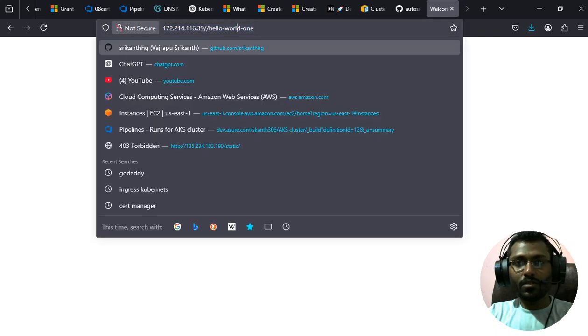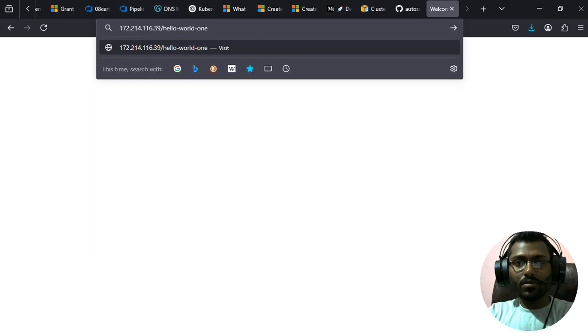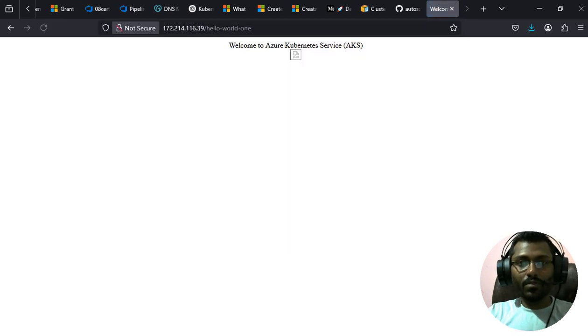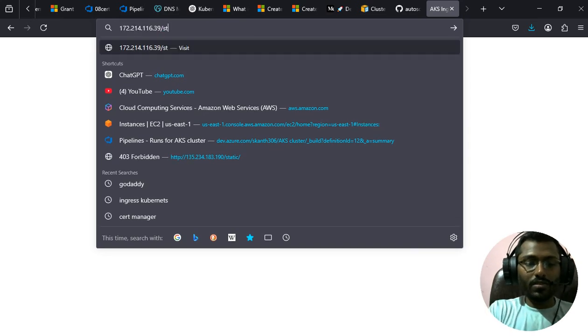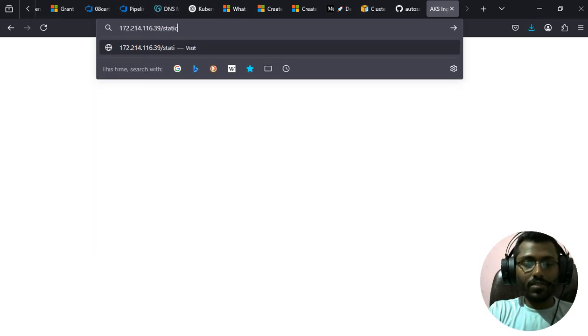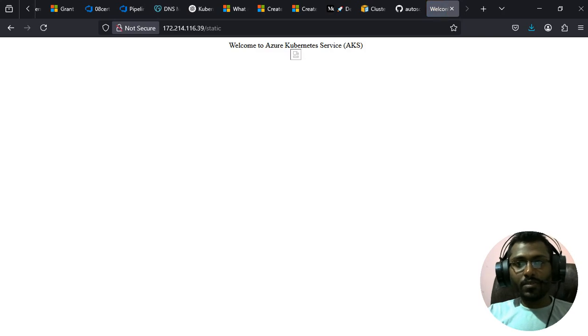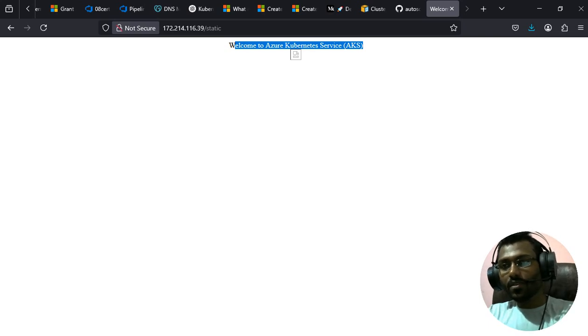So if you click on to, again now it will show AKS Ingress demo. Again you can change the URL to static, and this time it is showing welcome to Azure Kubernetes Services. Here you can